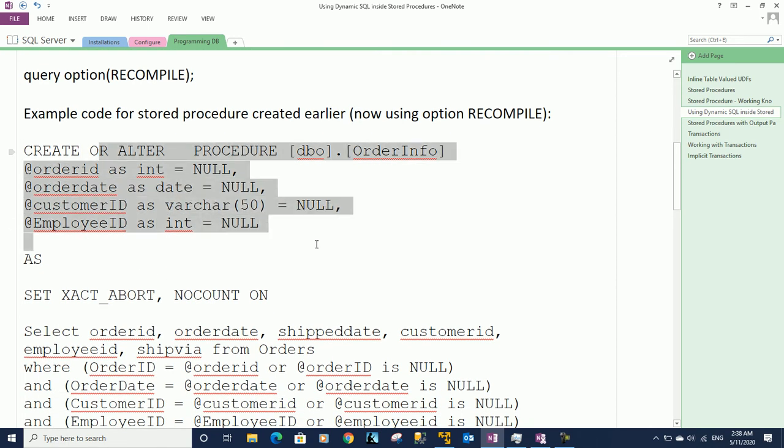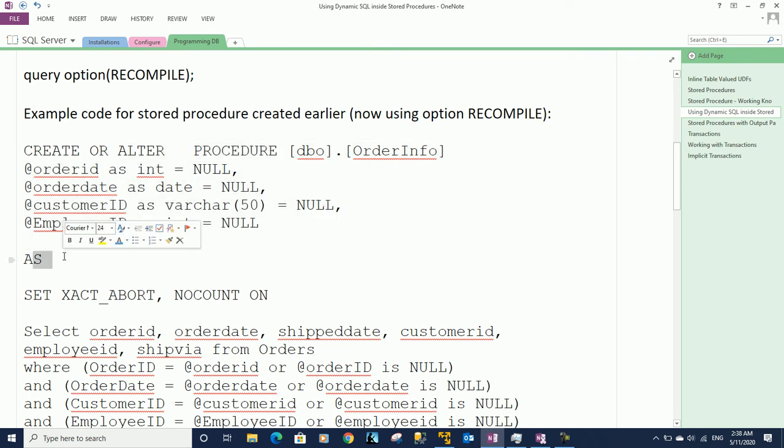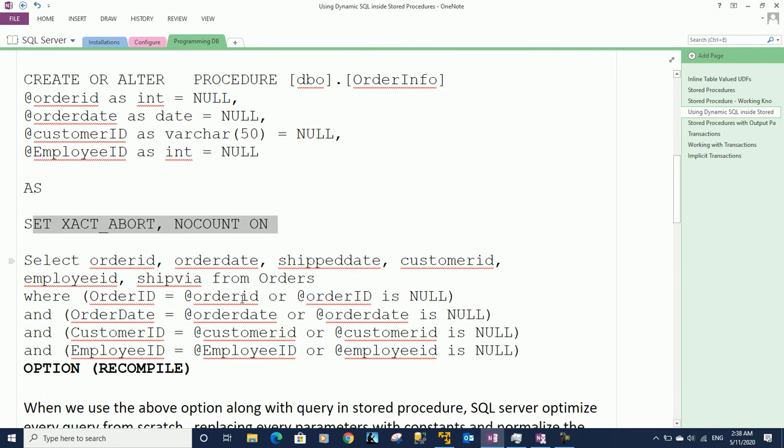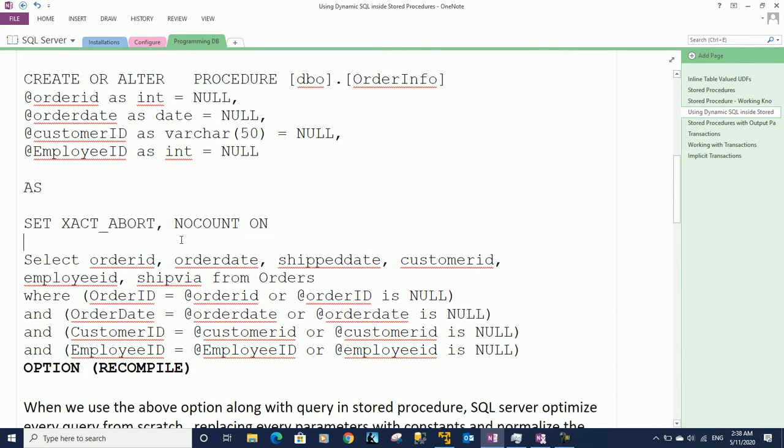So here we have defined the header of the stored procedure. Now we are defining the body of the stored procedure. So we start with the keyword AS, and we are turning 2 of the options on. First we are setting XACT_ABORT to on and setting NOCOUNT to on. We had discussed these properties in our earlier video. So basically XACT_ABORT aborts if the SQL code is aborted, because in certain conditions transactions do remain open. With XACT_ABORT set to on,